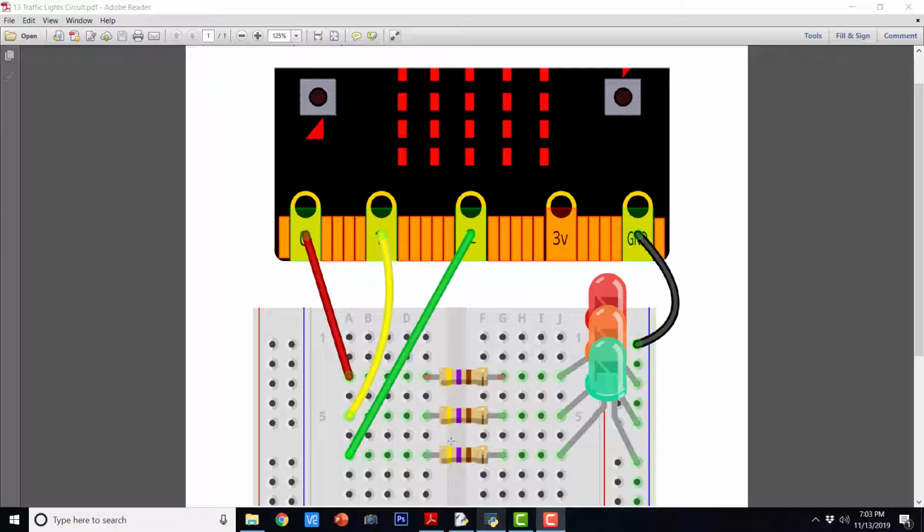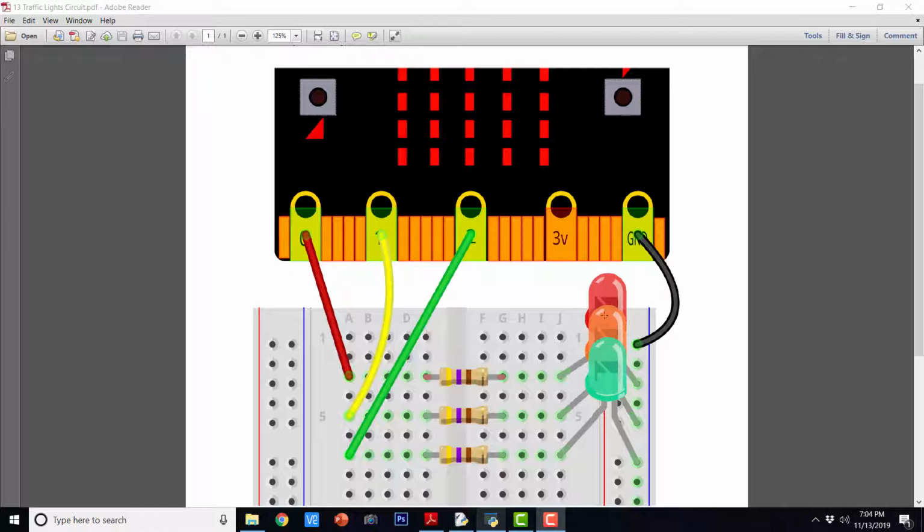In between you can have resistor. Anyway, we are going to provide only 3.3 volt, so this should not damage any of the LEDs. But still, as a precaution, you can add resistors to this particular circuit. So I'm going to add 220 ohms of resistor to the circuit. You can add these resistors in between the anode and the pin, or the cathode and the ground.